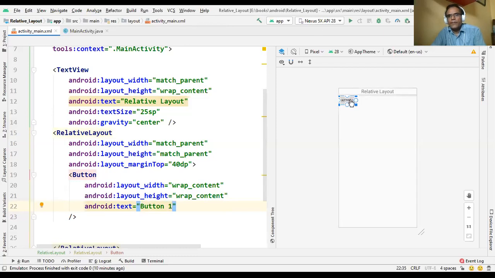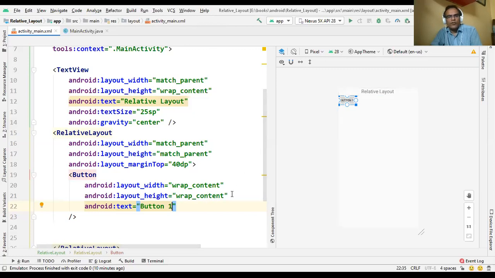Now you can see it is placed by default at the top left position, since we are using relative layout. Whenever we place any child view, any control, it is placed by default at the top left position. Now that child view we want to connect with this relative layout, which is called the parent. I repeat, Button 1 is called the child view, and we want to connect it with this relative layout, which is called the parent. So now we use some attributes or properties.